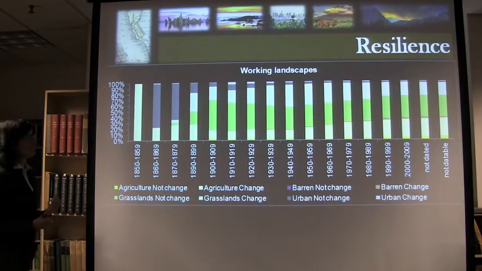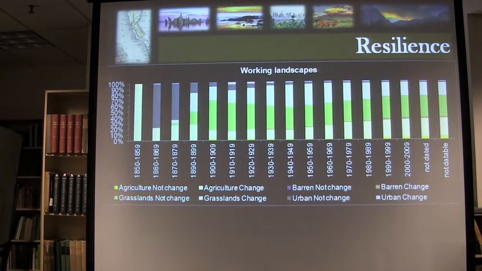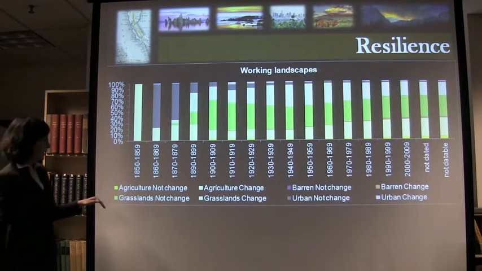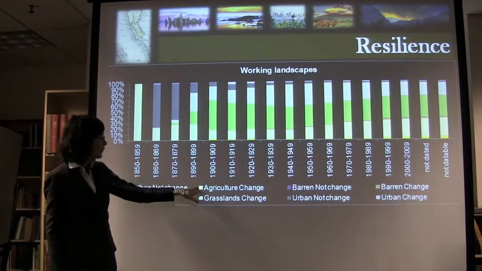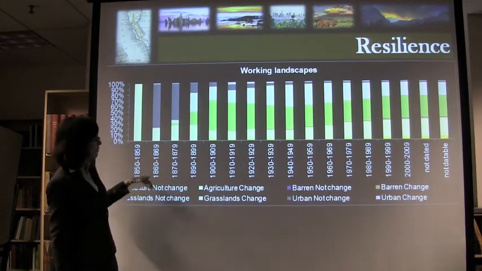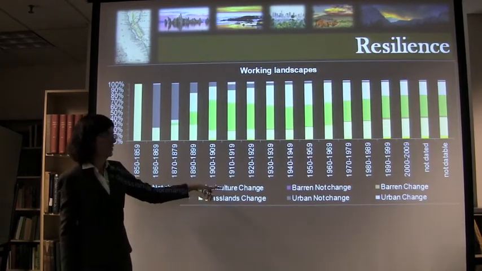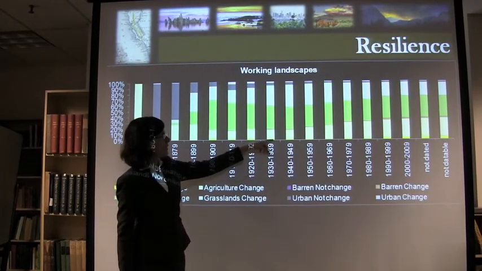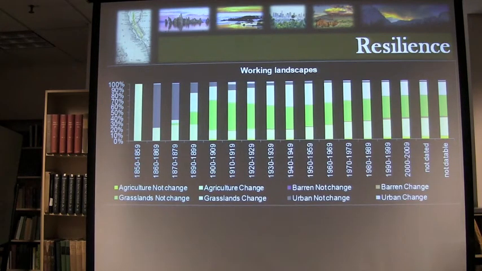Then what we tried to do is look into this question of resilience. I've shown you the maps that were based on the historical land cover type, but we also have what they are today. Some of these land covers actually changed, and some of them did not. So here, this graph has paired colors, and you'll see they are ordered from the bottom to the top: agriculture that did not change, agriculture that changed, etc. You'll see here that most of the land covers actually changed from what they were in the 1940s, even when they are already in open space